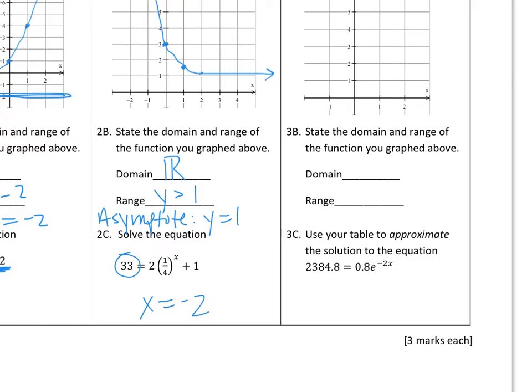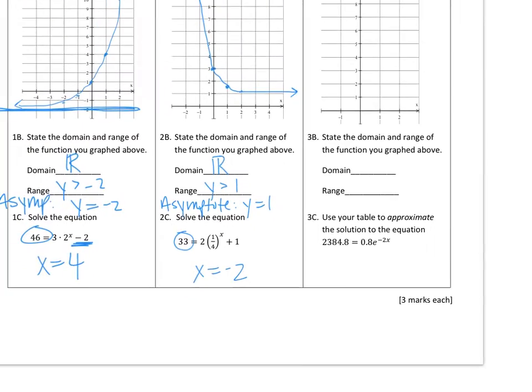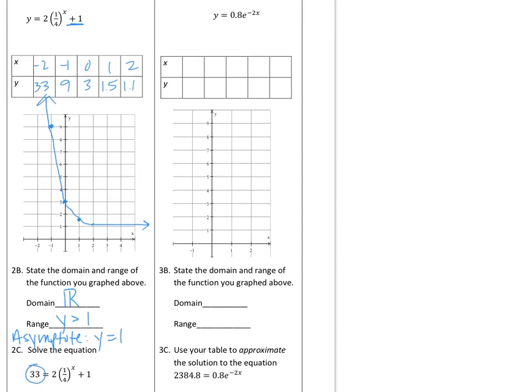All right, last graphing one. So this is our e. So I don't know if you noticed, but we had one that was growth, one that was decay, and one that is e. So remember the e is on the LN button on the left on your calculator. So 0.8 e^(-2x),